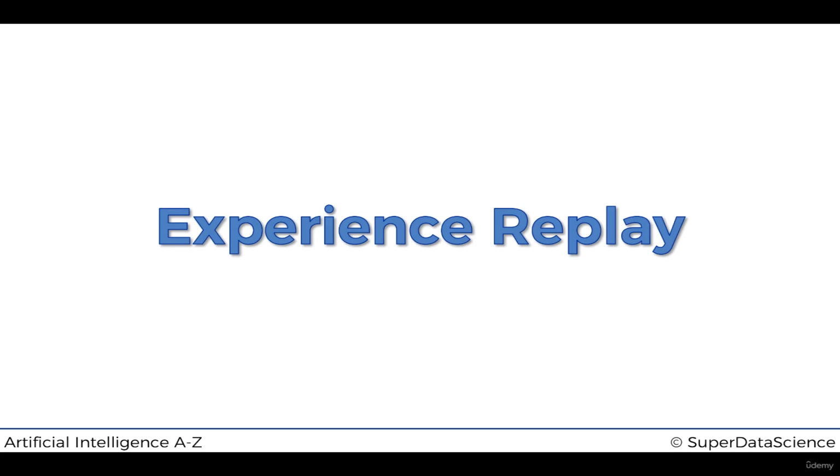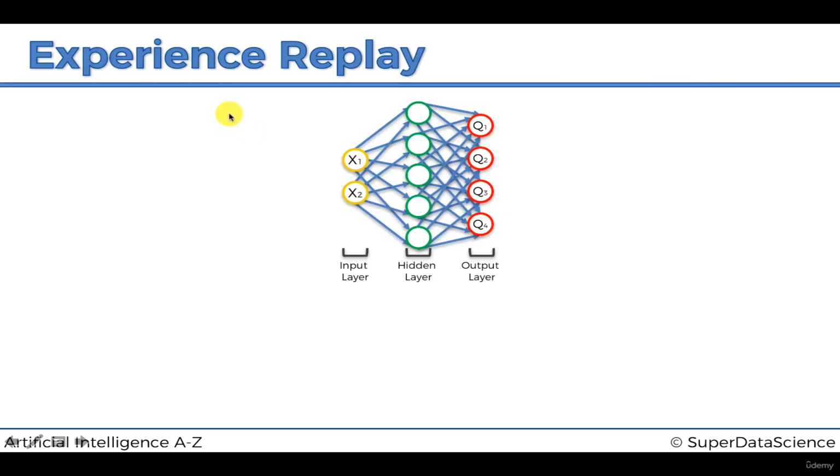All right, so previously we talked about how we add neural networks into this whole equation of Q learning and take Q learning to the next step and turn it into deep Q learning. And today we're going to add an extra important feature which you will be coding in the practical side of things. So Hadelin and I decided that it's important for us to cover it off in the intuition side of things so that you're more prepared for it when it comes in the coding side of things.